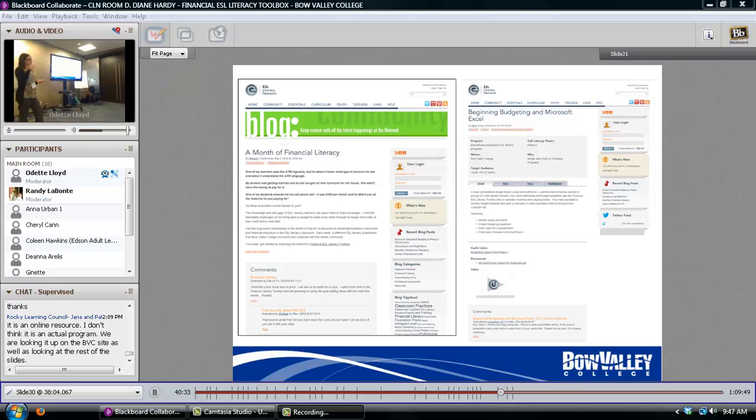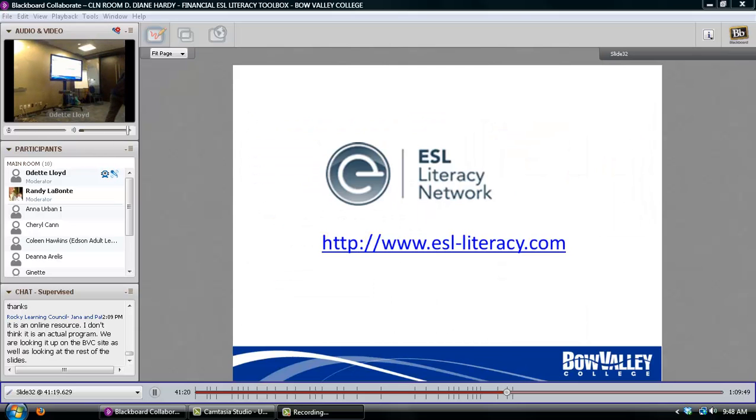The other component of it, and I'll actually take you into the toolbox, is what we call showcase items. These are things that have been tried and true that really look at the application. For this one, it was beginning budgeting and Microsoft Excel. One of our instructors uses Excel a lot, and she's had lots of questions that say, I think Excel may be too difficult. I don't know that I feel comfortable teaching it, or that our students will be comfortable using it. So she created a showcase item. There's a video that you can watch that walks you through a process, showing ways she's embedded things like Excel into her class and the results that she's seeing from using it. So when you come into the network, and if you go into